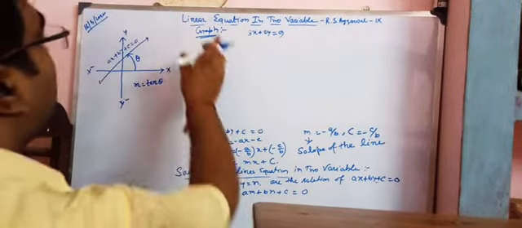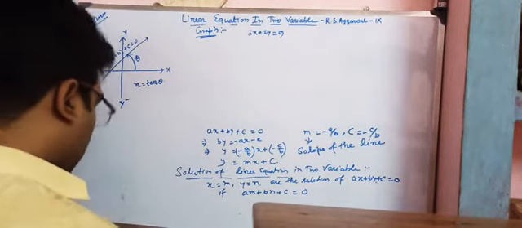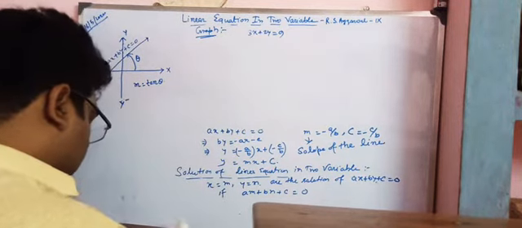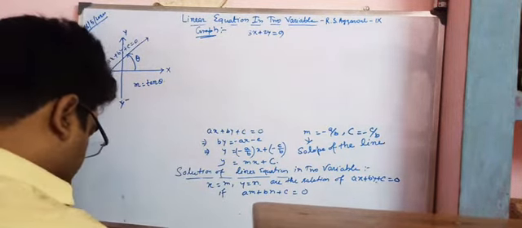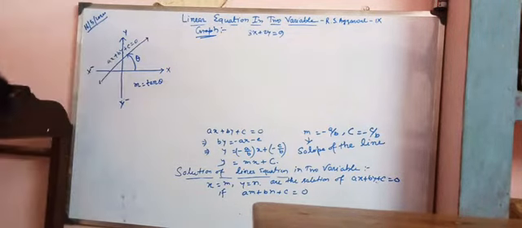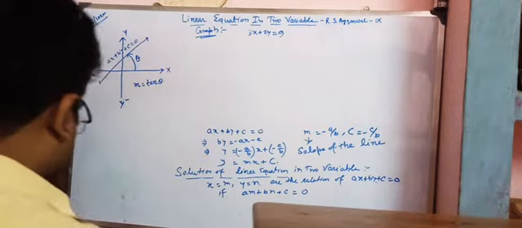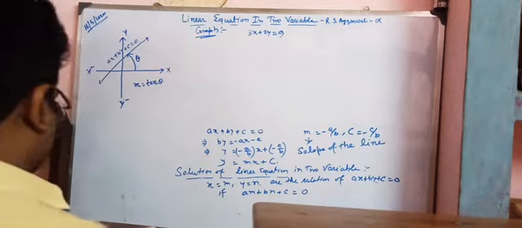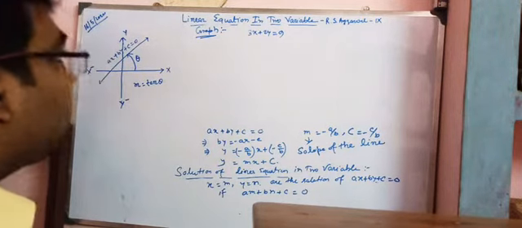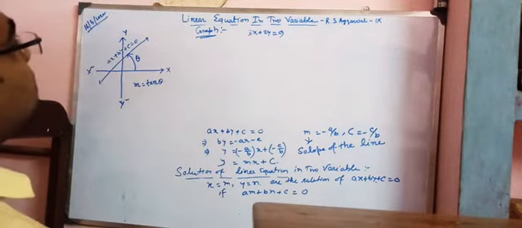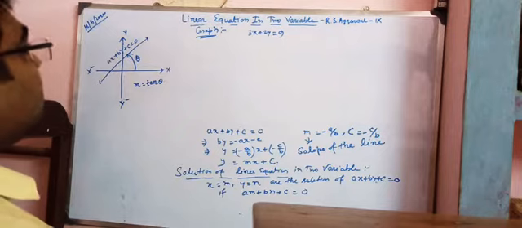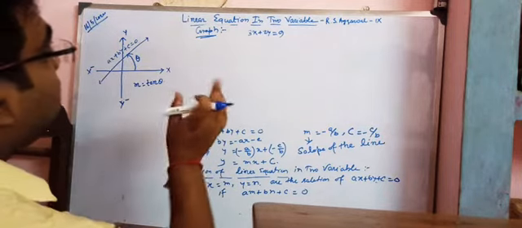Now to draw a graph you have to follow some steps. That method is given in your book, the R.S. Agarwal math book. Method first 1, next 2, 3, 4, 5, all the methods are given. I suggest you viewers read all the methods so that you can understand. I will show you the process only, the example only. Okay, how to draw a graph.